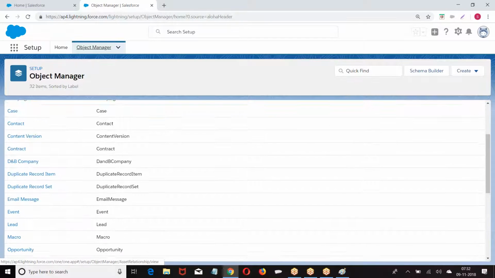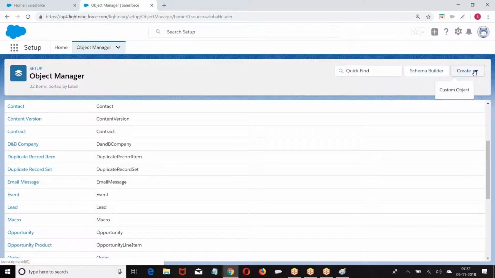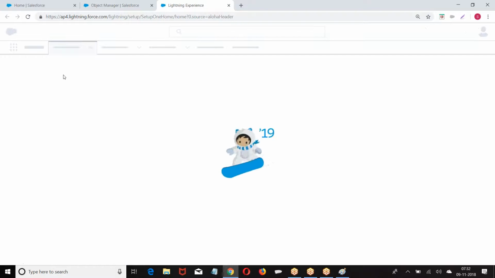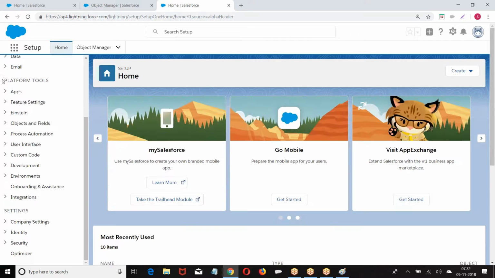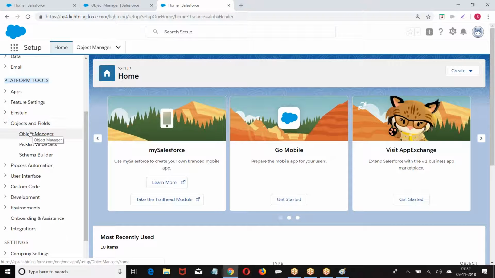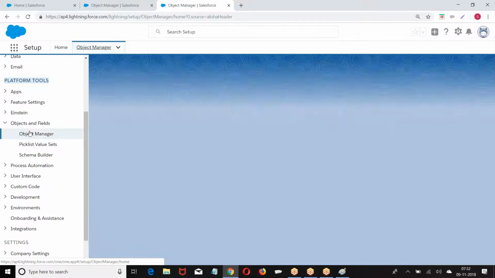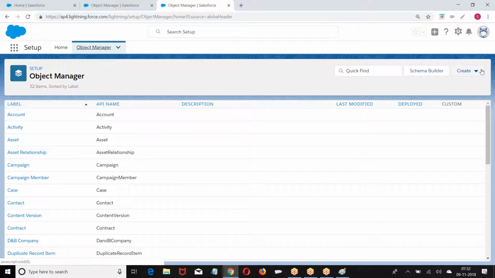Now we can go with new, create new custom object. Setup, platform tools, objects and fields, object manager. Create custom object.